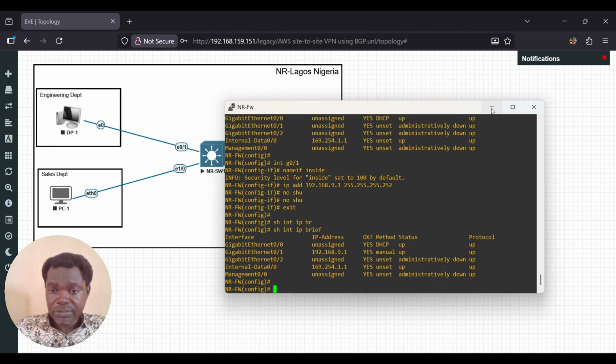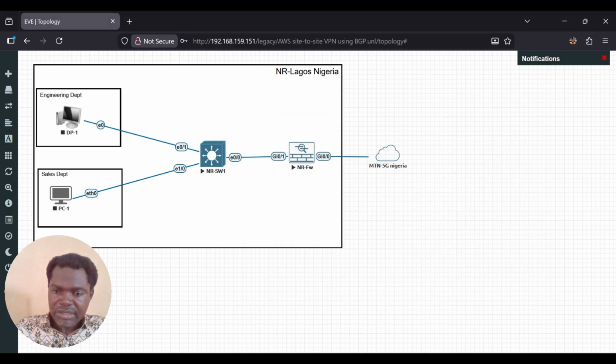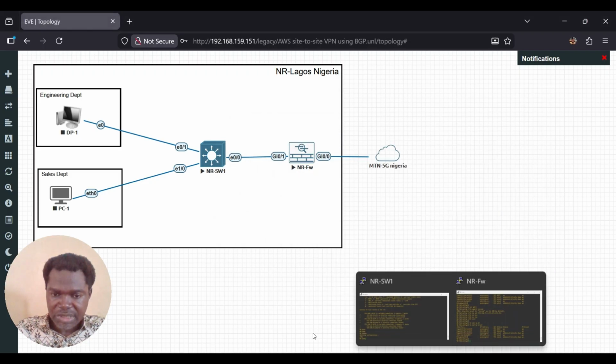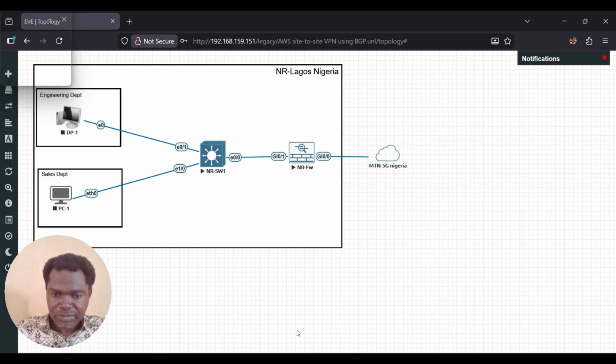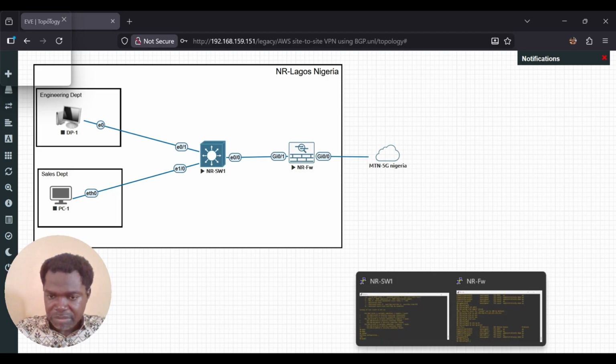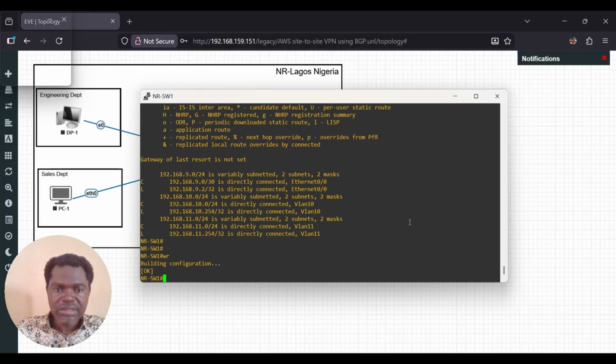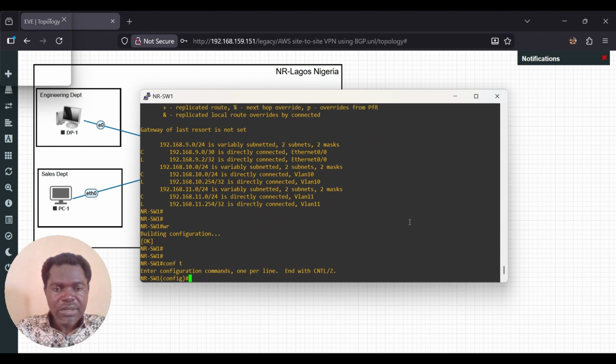So now, I'm still not getting an IP address. There is a way I can fix that, but let me wait and see first. If it doesn't get one, so now I need to enable a routing protocol.